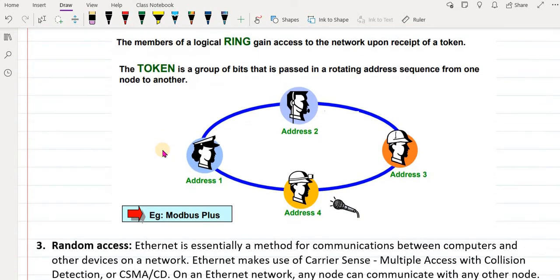So as you can see in this figure, we have already discussed token passing in the previous slide. The members of the logical ring gain access to the network upon receipt of a token. The token is a group of bits that is passed in a rotating address sequence from one node to another. So as we already studied